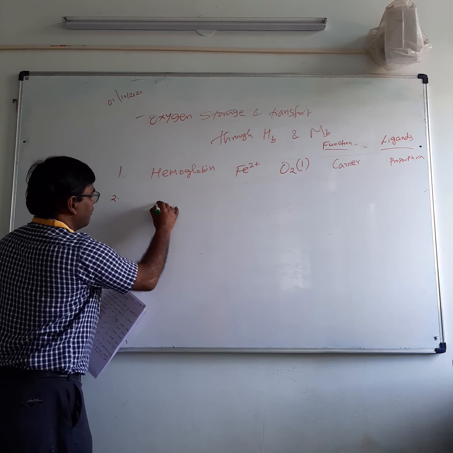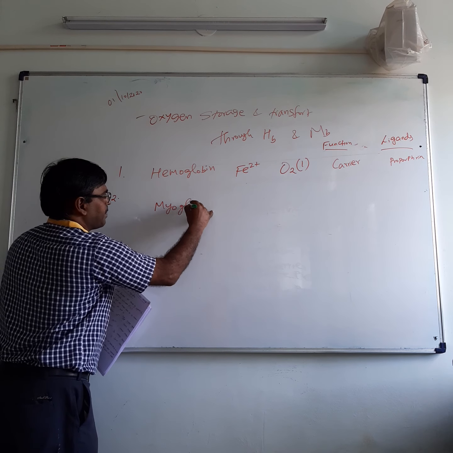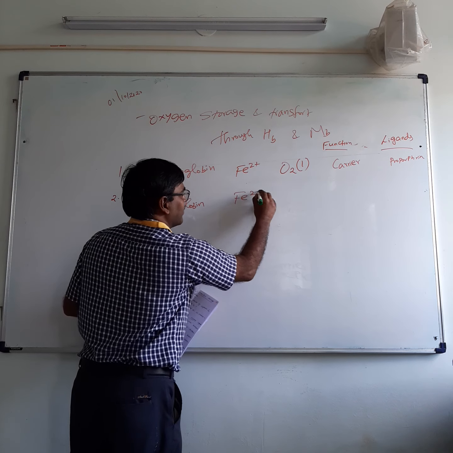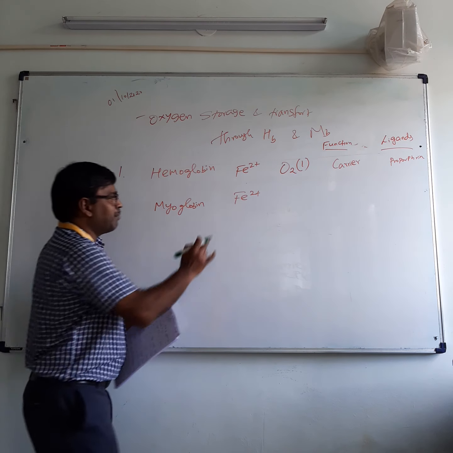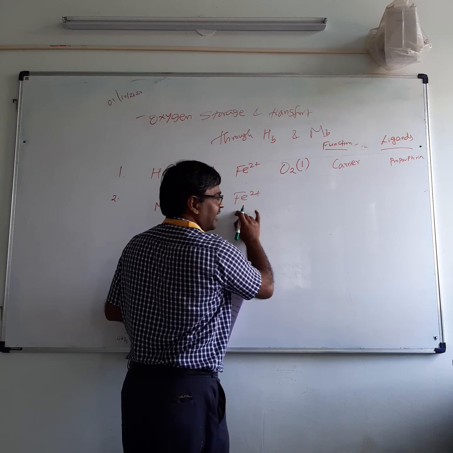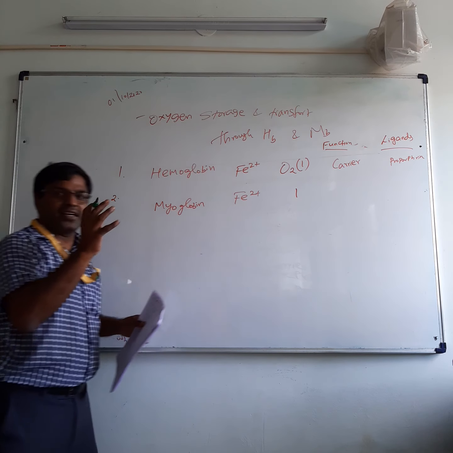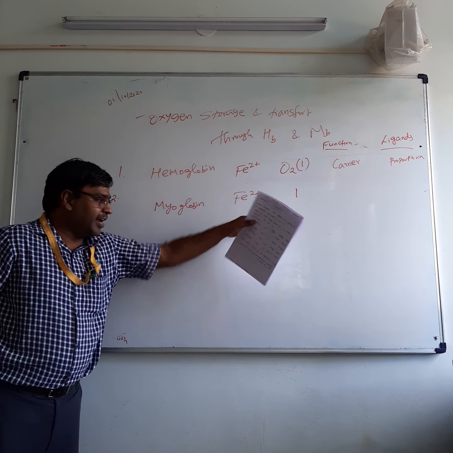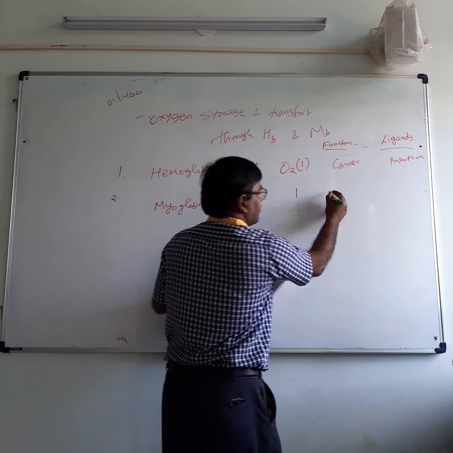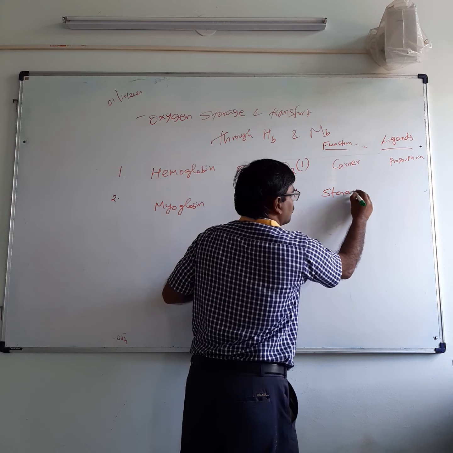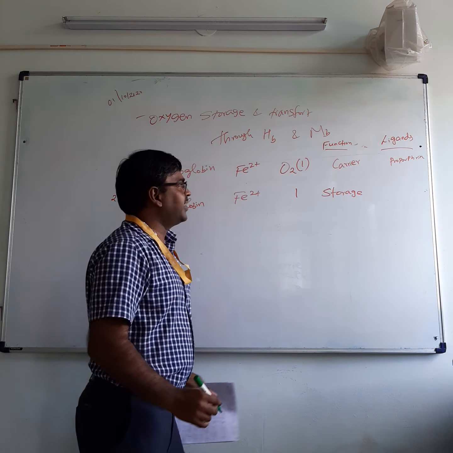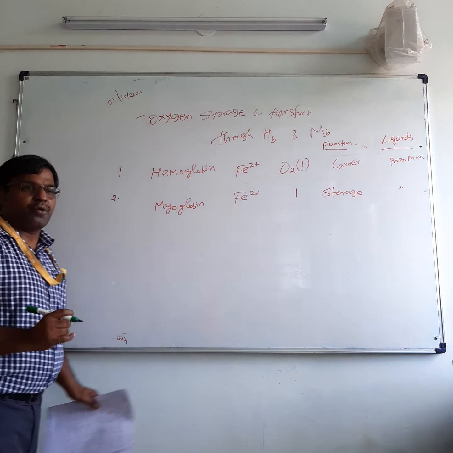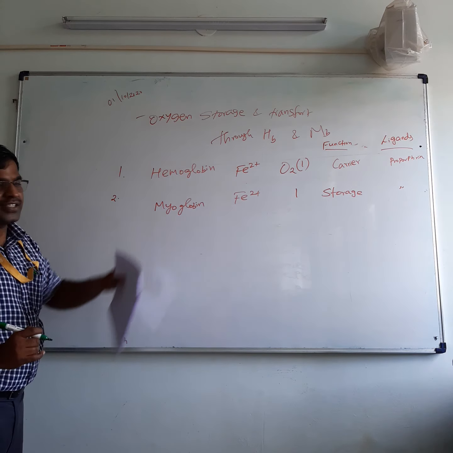The next one is myoglobin. In myoglobin also, iron is present as Fe2+, and here also the number of dioxygen per metal center is 1. That is, each metal can coordinate with 1 oxygen and it can be taken out. Myoglobin is used for the storage of oxygen. Again the ligand in myoglobin is a protoporphyrin connected with the protein unit. That is how the ligand is coordinated.